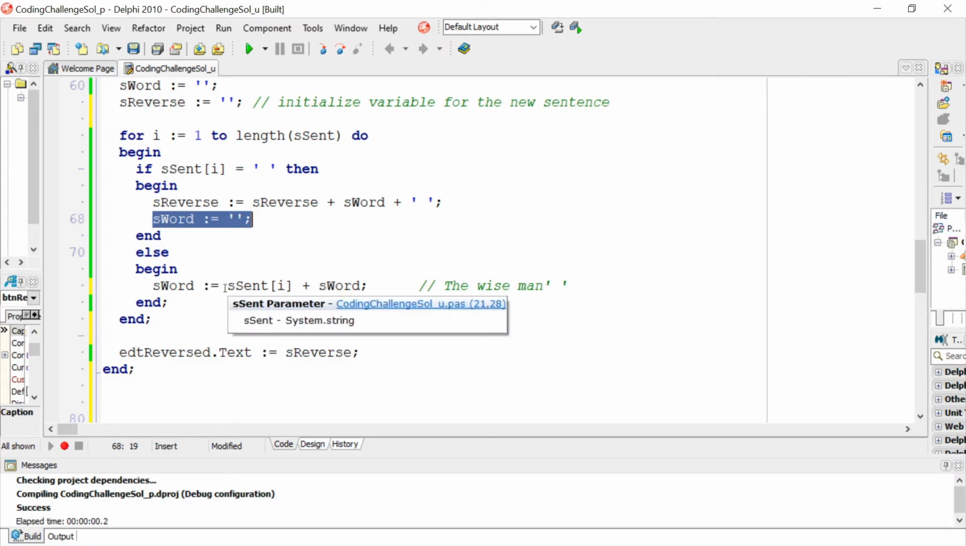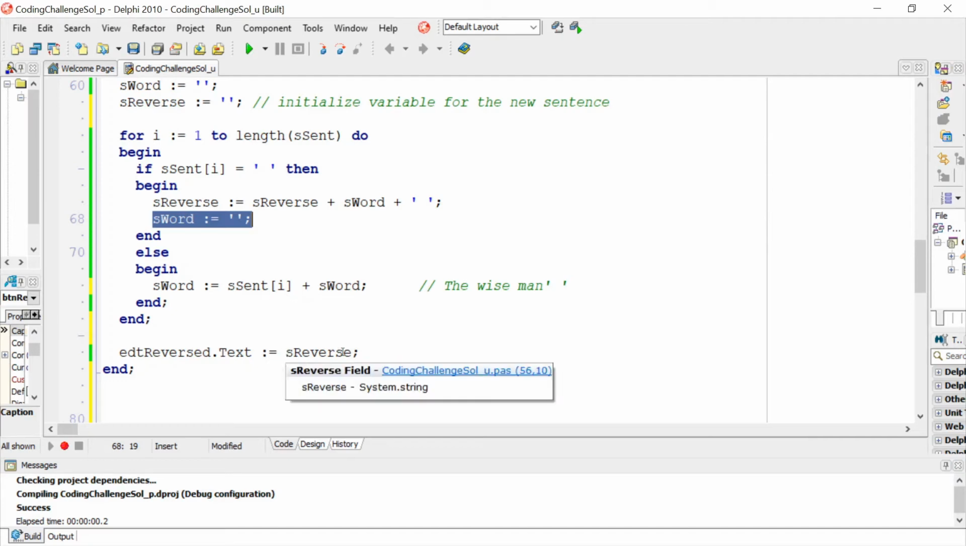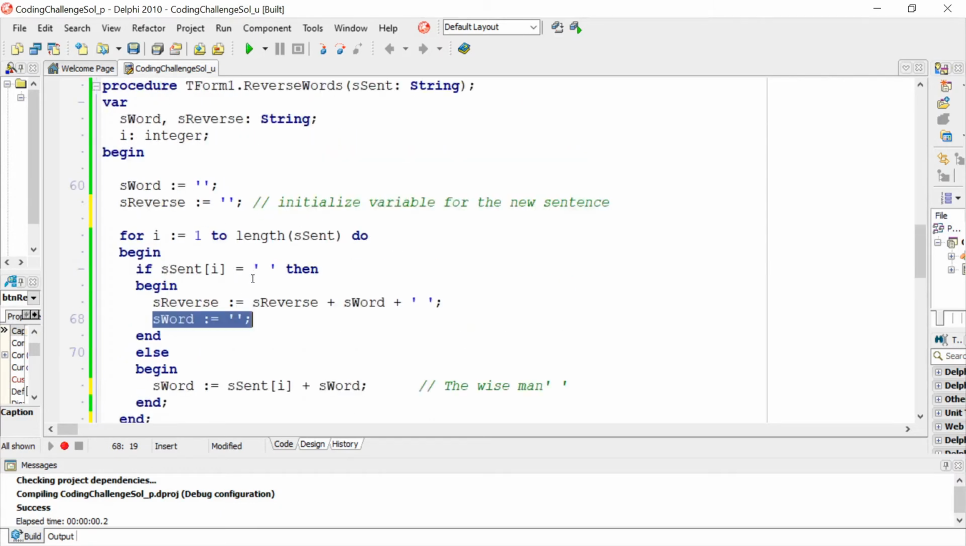So it starts again. Sentence of I at 5 is W plus the null string. And then it continues until the length of the string. And at the end, all I'm doing is assigning the reversed string to my TEdit. So when this procedure is called,